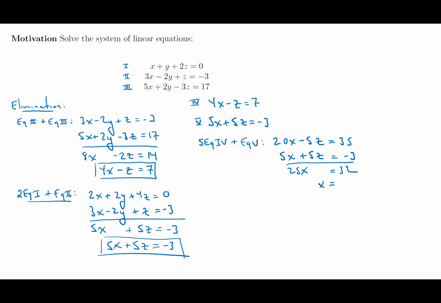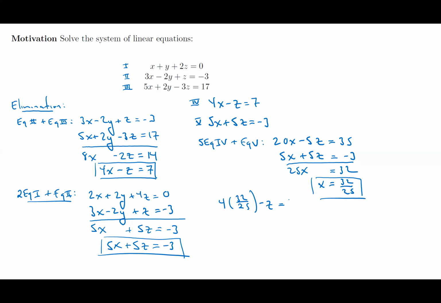And so x is going to equal 32 25ths. I'm in business. That's good, right? And so now I can start back substituting. So I'm going to go back to equation 4 here. 4 times 32 25ths